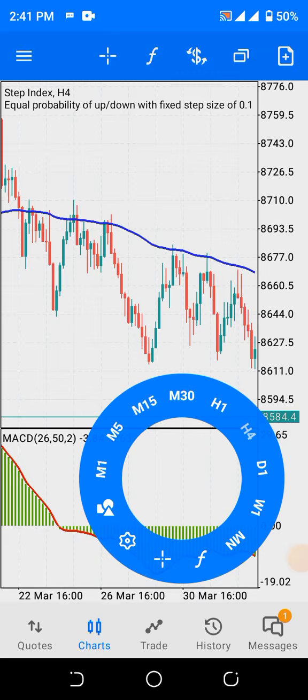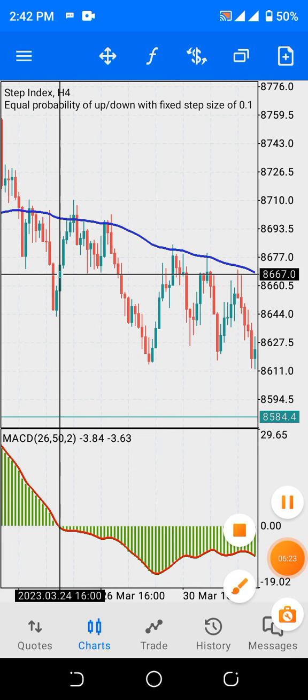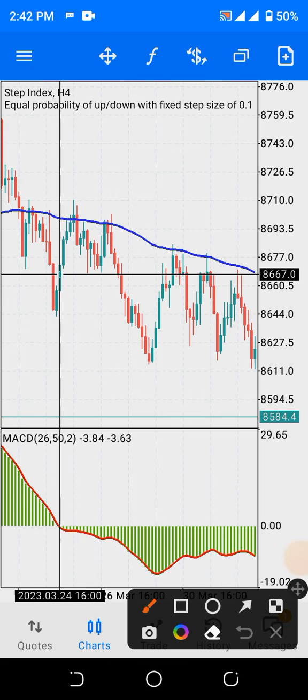Now this is another correction here. As you can see, the MACD crosses from up downward, which signifies a sell signal. Now, how do you know that this is a confirmed sell signal? It's because the candlesticks are below the moving average. This is the correction of MACD, and this is the candlestick where the correction occurs, which is below the moving average. So you allow the market to retrace back to the moving average. Once the market retraces back to the moving average, you make your sell entry. Do you understand?